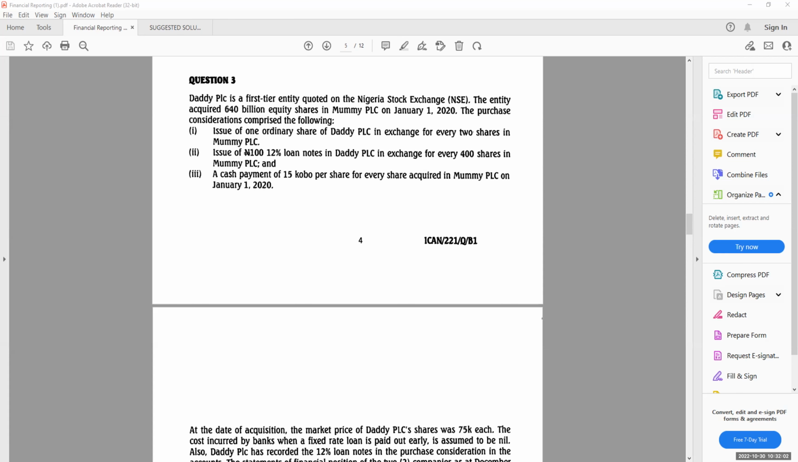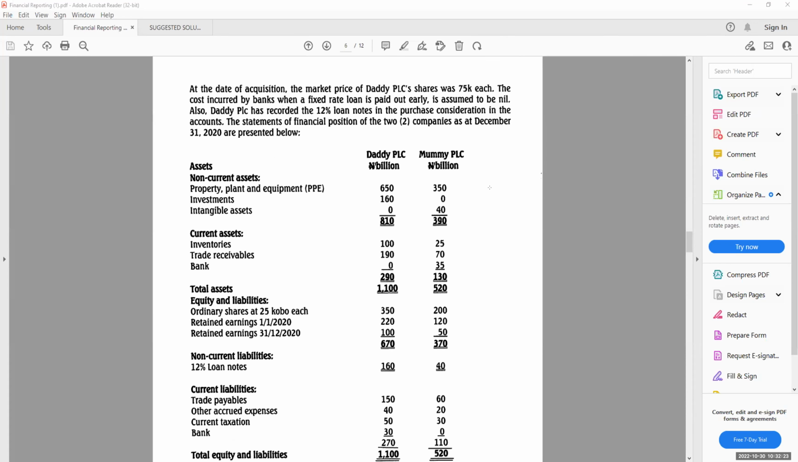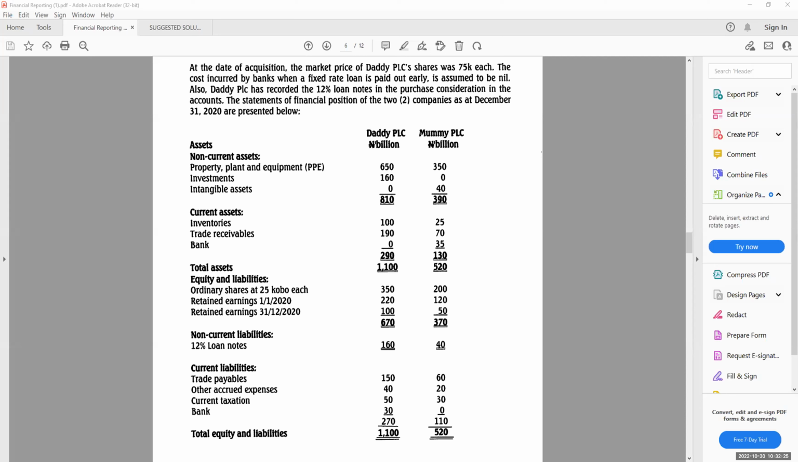2, issue of 100 Naira 12% loan notes in Daddy PLC in exchange for every 400 shares in Mommy PLC. And 3, a cash payment of 15 kobo per share for every share acquired in Mommy PLC on January 1st, 2020. At the date of acquisition, the market price of Daddy PLC's shares was 75 kobo each. The cost incurred by banks when a fixed rate loan is paid out early is assumed to be nil. Also, Daddy PLC has recorded the 12% loan notes in the purchase consideration in the